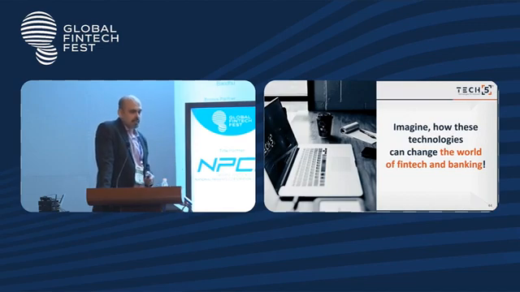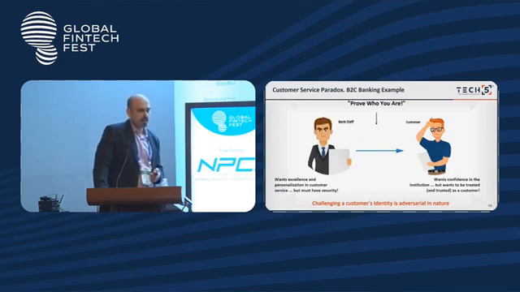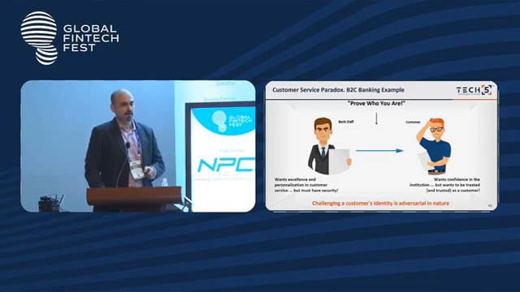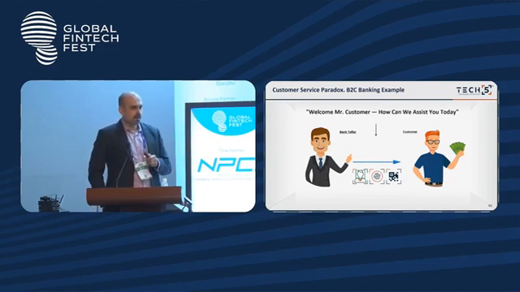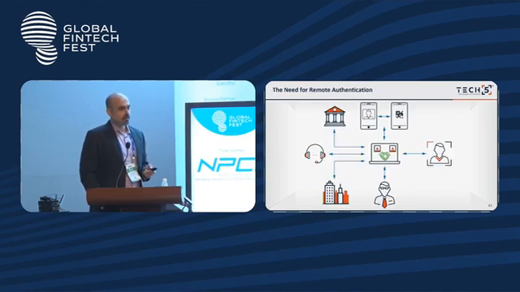So having said that, we wanted to spark the enthusiasm and say how can it change the world of fintech and banking, right? There are all these technologies coming out there. So this is just an example that we are seeing, that it's a typical paradox, right? A person wants to go and avail a banking service, and then you are asked to prove your identity, and then you usually would rely on some physical documents or something. But imagine that you can actually do this by just showing an identity. The banking agent is enabled to verify it. You get your service and you're happy. The banking agent is happy. They are able to keep the customers with them. This can be in a face-to-face environment or can also be in a remote environment.